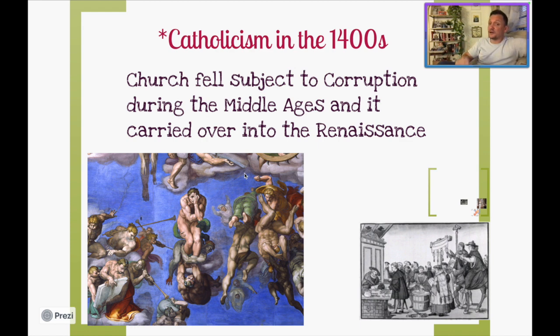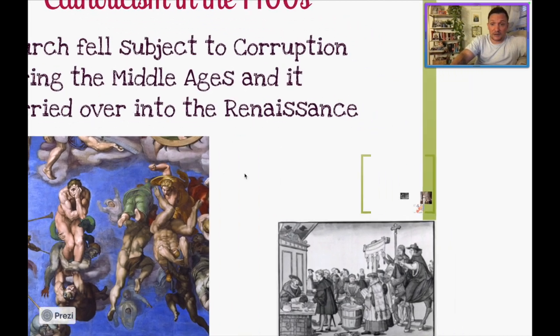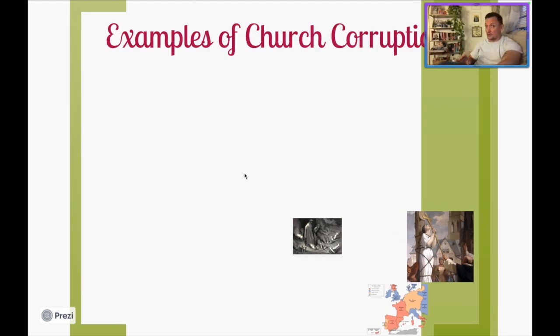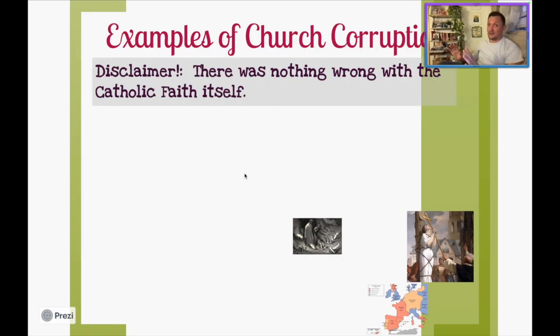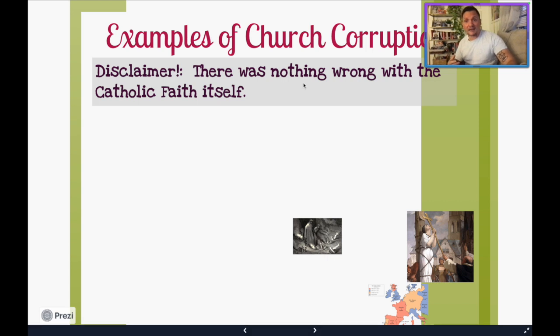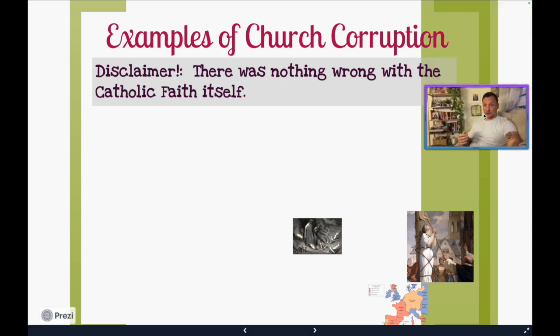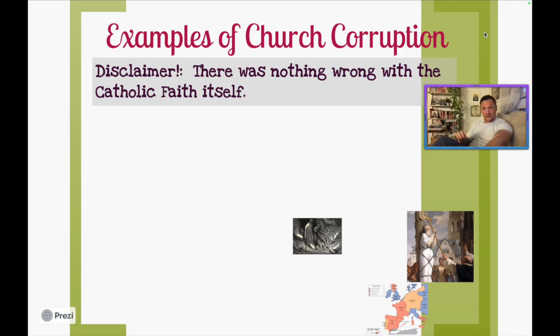In the 1400s, we're falling subject to a lot of corruption as late as the late Middle Ages and going into the Renaissance, right? Now, again, before I go any further, there is a disclaimer. There is nothing wrong with the Catholic faith itself. We are pointing to people that were in charge of it and ran it and did certain things during the 1400s that are going to create a corrupt church that becomes very, very sketchy during that time period, right? Which leads to a lot of people being like, do I want to be involved with this anymore? And they break off and form their new churches, right? And all those people would be called Protestants. And since there's a bunch of different types of Protestants, we refer to all those people as denominations of Protestant, right?